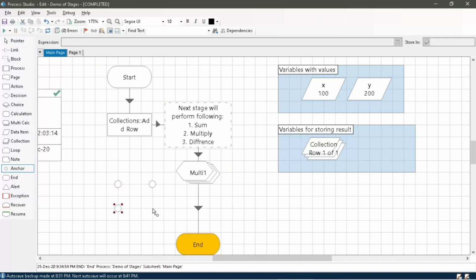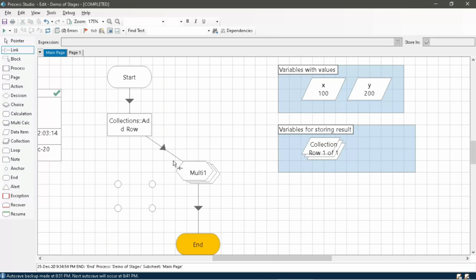Anchor tag. Anchor tag is for giving a better look to our process. If there are a lot of stages in one page, you have to give links like these, diagonal links or something like this. But using anchors, we can give a better look to our process, and it will become easy to understand.